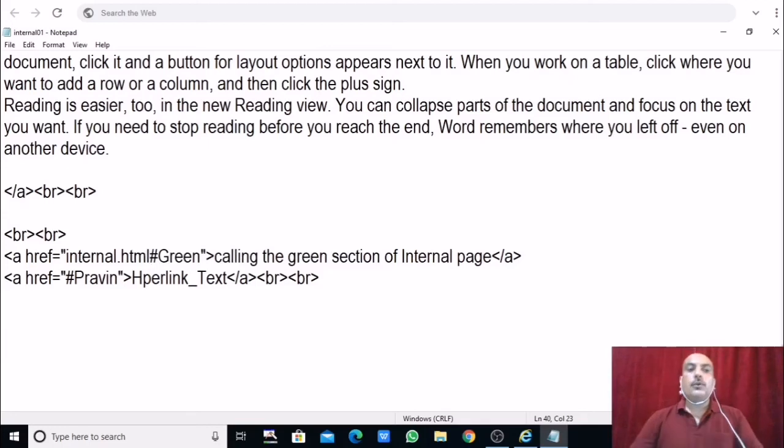This is how you can give an internal hyperlink to a section of some other document. So internal.html hash green, the name of the section. That's it. Save it.